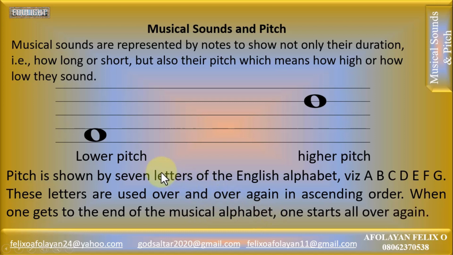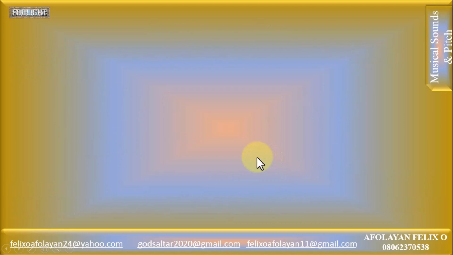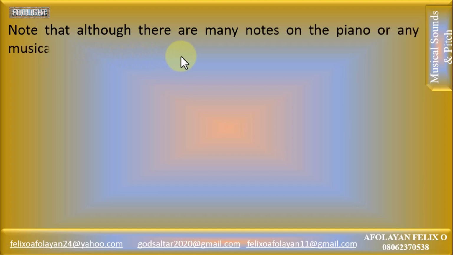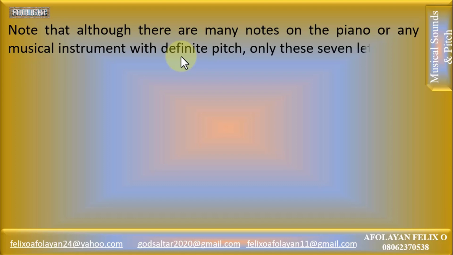In the course of this tutorial, we will understand more and more. Note that of course there are many notes on the piano or any musical instrument with definite pitch. Only these seven letters are used to represent